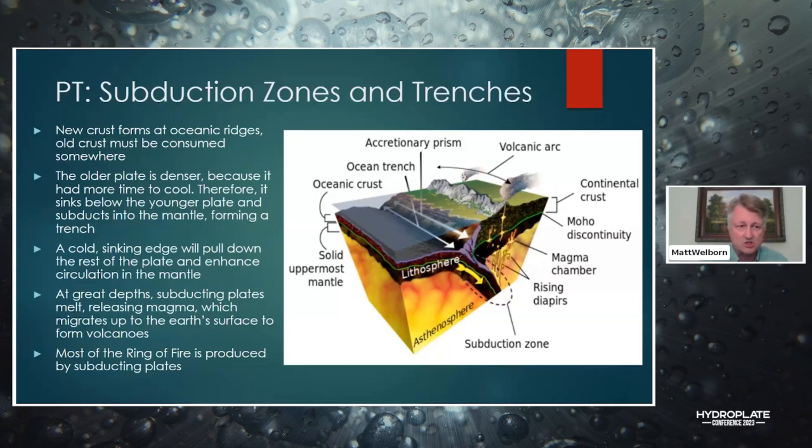Okay, and you can see in this picture, there are also other things that they use this idea to explain, like the creation of magma because of friction and heat generation. Maybe there's volcanoes there, and we'll talk more about how this is their explanation for the Ring of Fire. But I wanted to help you understand what these subduction zones are as we go forward.